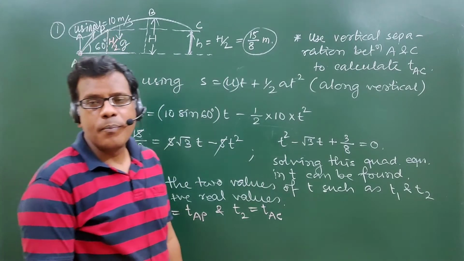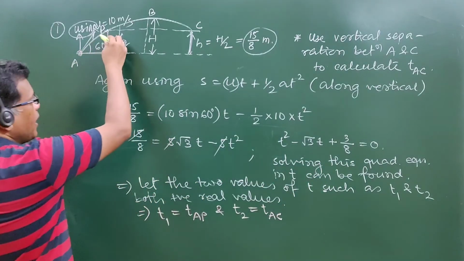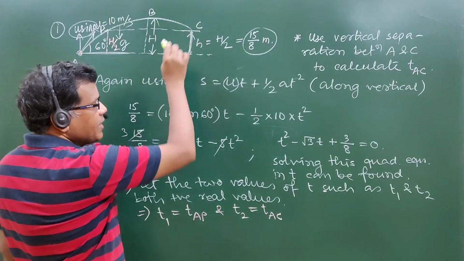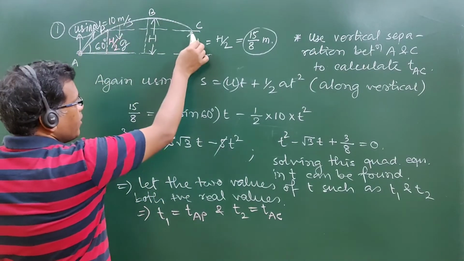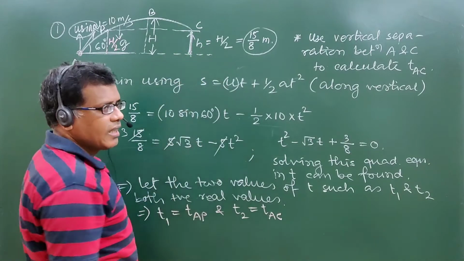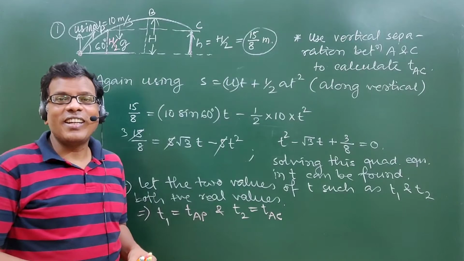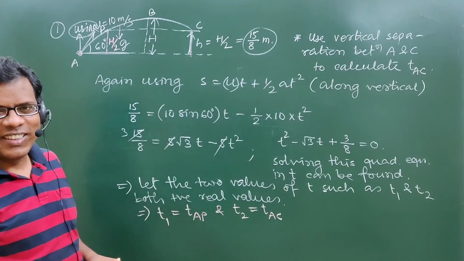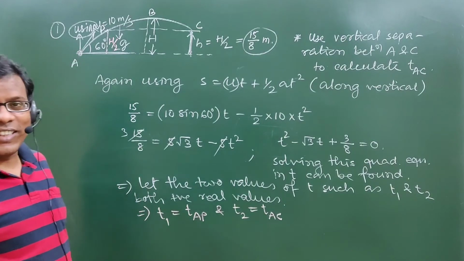from A to P. That will be the ascending part time taken, and again we can reach that displacement when the particle reaches the point C also, and that time A to C will be the journey time, that is another value of t as t2, when we can again say that we are at half of the maximum height. Is that okay? I hope you have understood this, right?